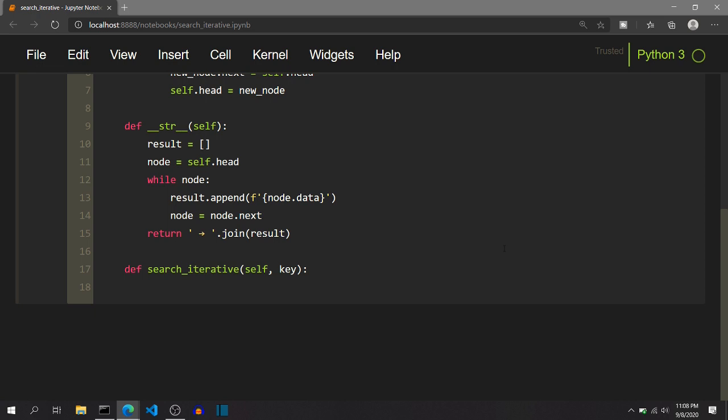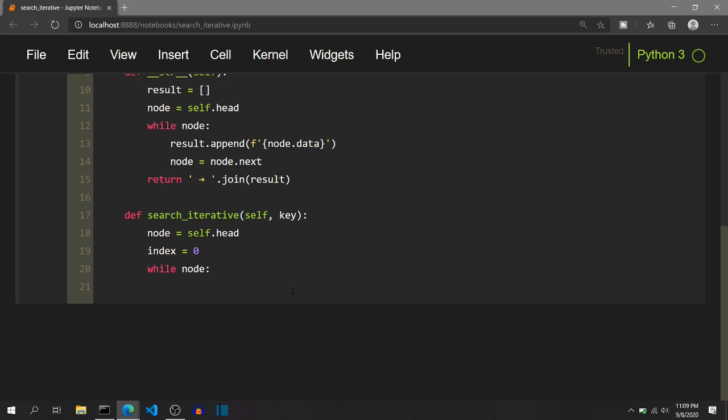To start traversing the linked list from self.head, we need to make a temporary variable node that will point to self.head, and we need to keep track of the index of the current node. So self.head is at index 0. Now, while there are nodes in the linked list, you can notice that even if the linked list is empty, that is self.head is None, this condition will still work, because node is None and it will break out of the while loop. So it will cover all the boundary cases as well.